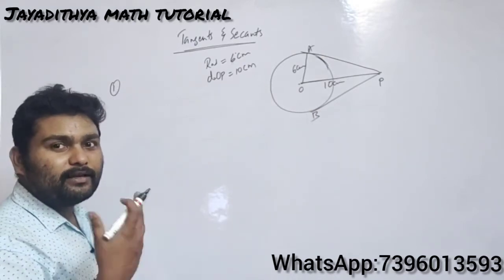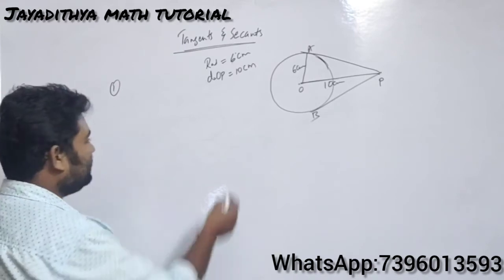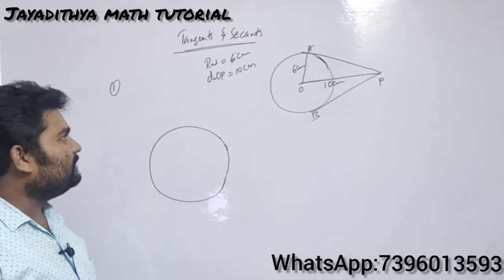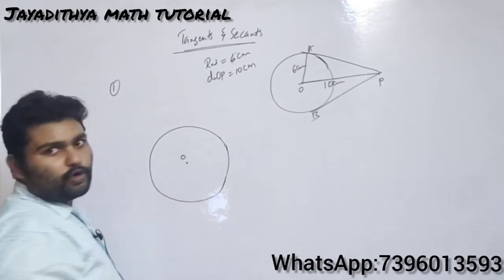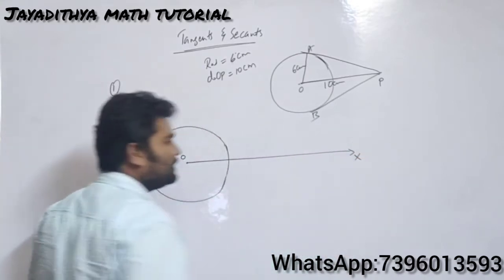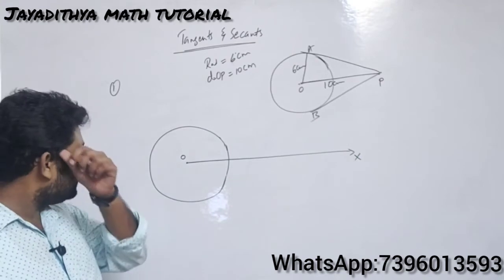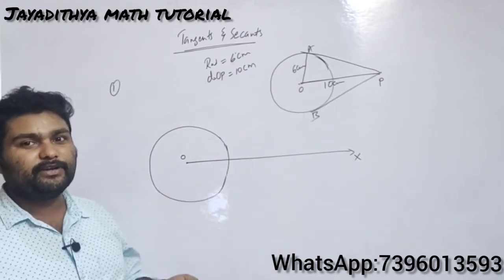What is the first step here? So you need to draw the pair of tangents to a circle. So the first step will be obviously to draw a circle here. You draw the circle with radius how much? 6 centimeters. After that, you know the center here, that is center O. And as in the previous case, draw a ray OX. And you know that there should be a point such that it is 10 centimeters away from the center.